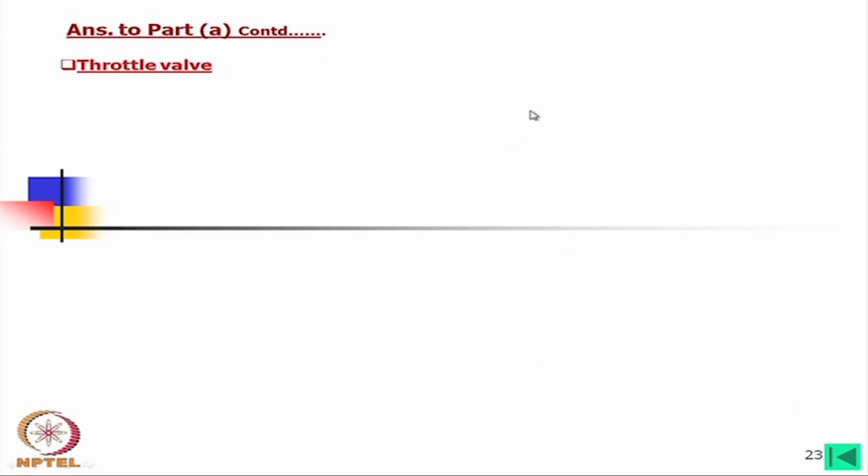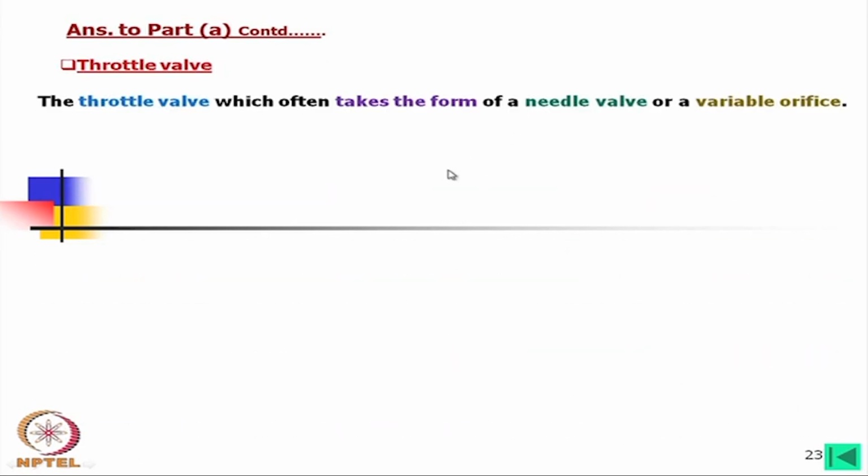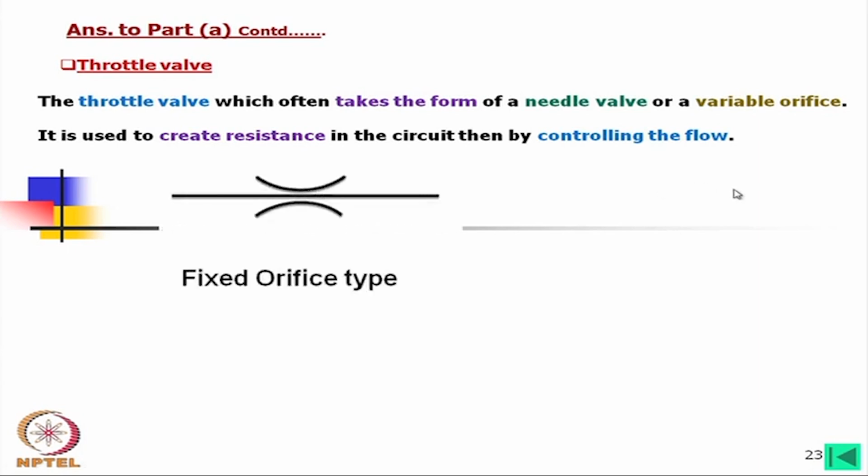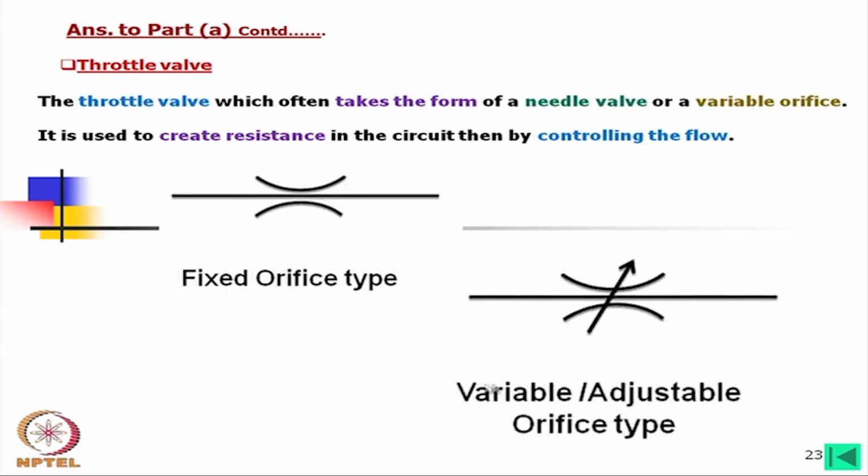Now, the throttle valve, which is also called a flow control valve. The throttle valve often takes the form of a needle valve or variable orifice. It is used to create resistance in the circuit, thereby controlling the flow. Now, the symbol is very simple, it is a fixed orifice type. If it is a variable or adjustable orifice type, then we simply put an arrow on that. That means, here with a knob we can adjust this orifice area, and by this we can change the